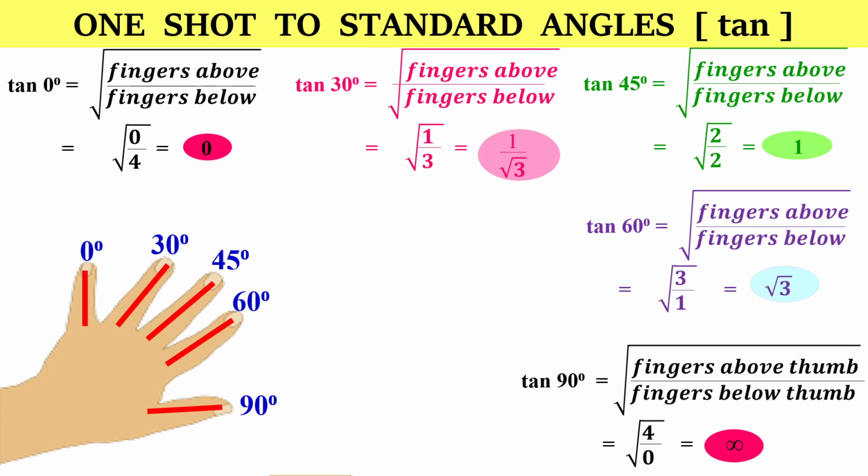So these are the values. Whenever you see in your questions tan 0, tan 30, 45, 60, 90, these are the values you will substitute. For tan 0 it is 0, tan 30 it is 1 upon root 3, tan 45 it is 1, tan 60 it is root 3, and tan 90 is what? Yes, it is undefined. Now we will see all the standard angles we discussed just now, sine, cos and tan, with all the standard angles.